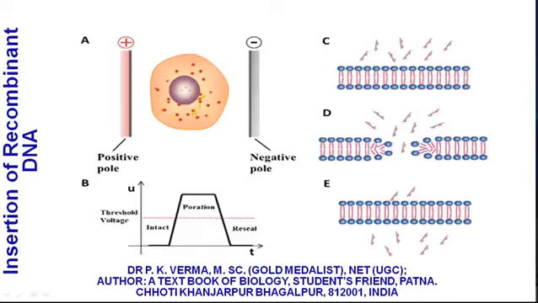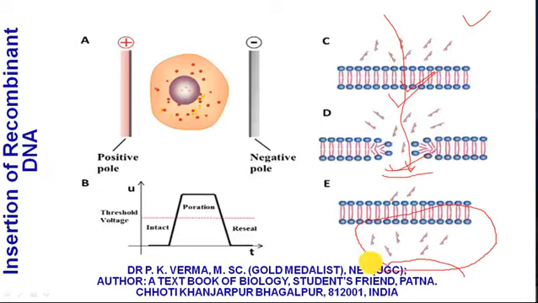This is the diagram. The membrane of the host cell breaks and the DNA enters into the host cell. After that, the membrane is sealed and DNA remains inside the host cell. So at the time of cell division, when there will be no nuclear membrane and the parts of chromosomes will be opened for replication, these DNA molecules can be inserted into the host cell chromosome.